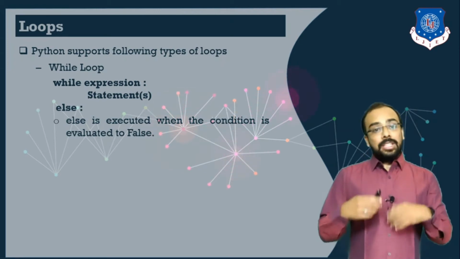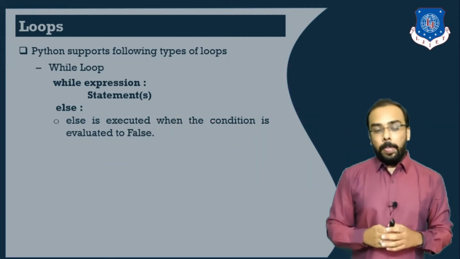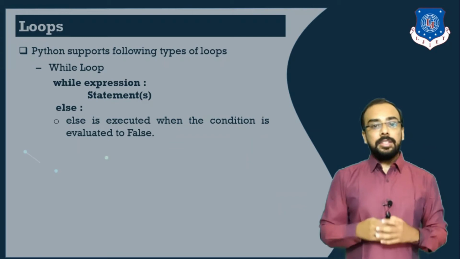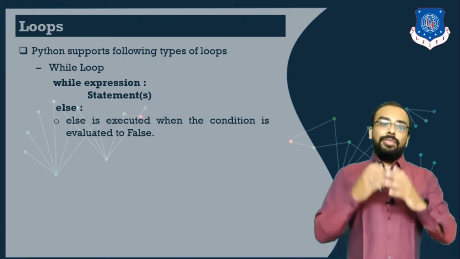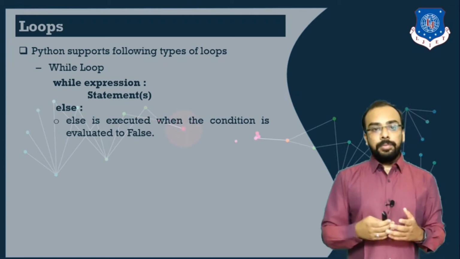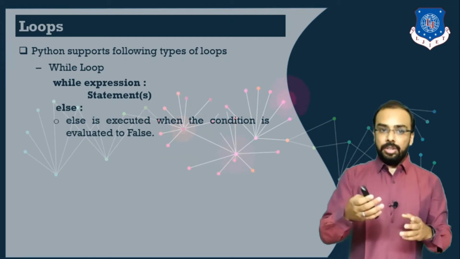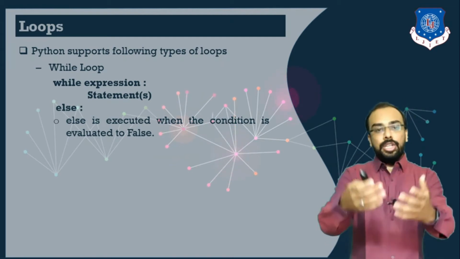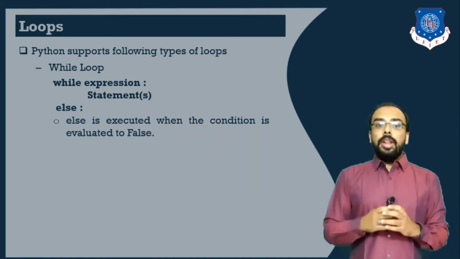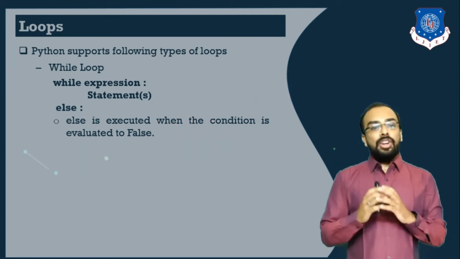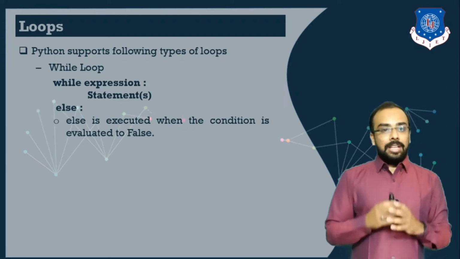Now an extra thing that Python loops provide is an else statement. When will this else statement be executed? When the condition of the while loop evaluates to false. For example, if you have encountered a wrong condition, that is, if your condition is not being satisfied, at that time it will execute the else block. Now this else block is again optional. We can write it if we want, or we can exclude it.